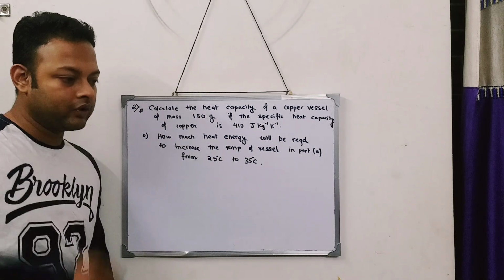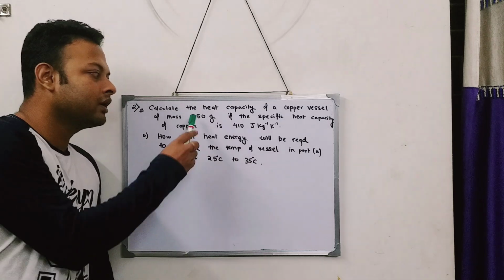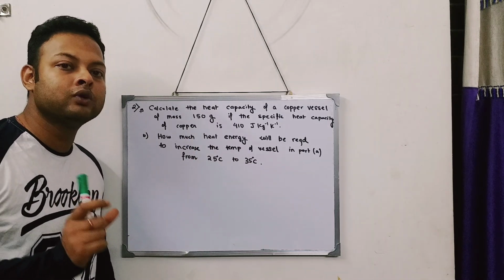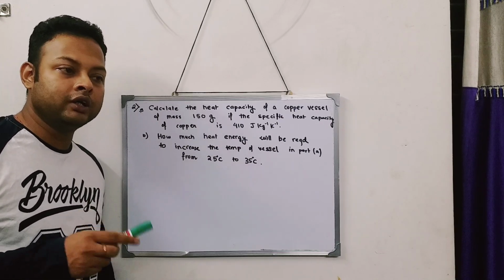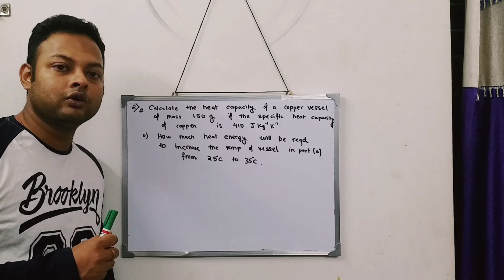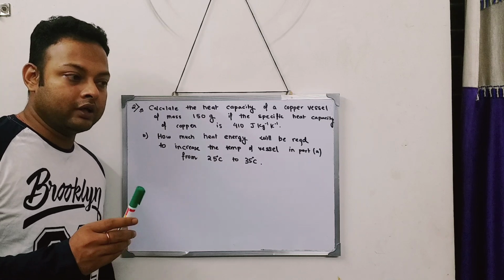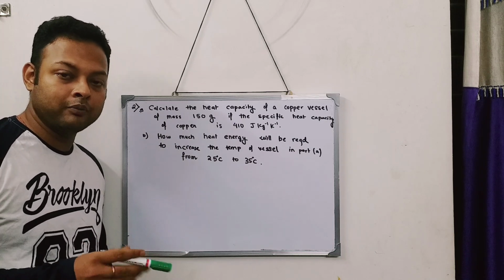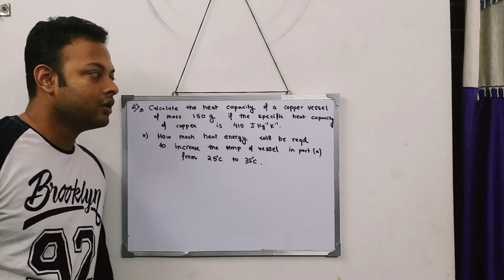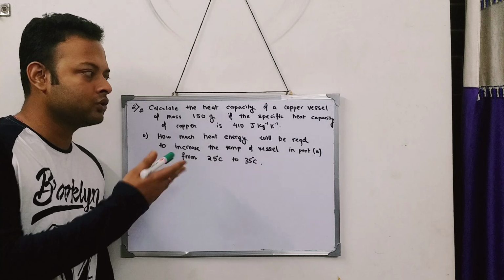Now, when we are doing numericals in physics, you have to keep 1 or 2 things in mind. Every numerical in physics is related to a particular formula. After reading the question, you have to figure out which formula should be used for this particular sum. In this chapter, till the point where we have learned, we do not have many formulas. We have 3 or 4 formulas, so out of those 3 or 4, probably one will be used for this question.